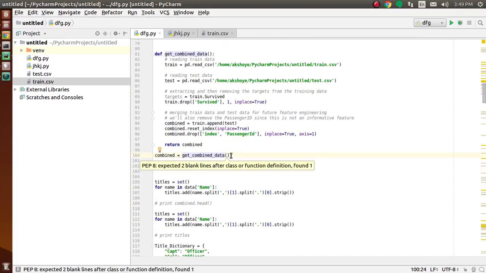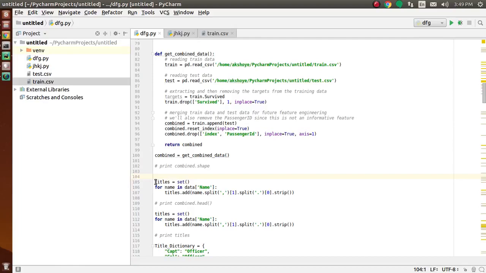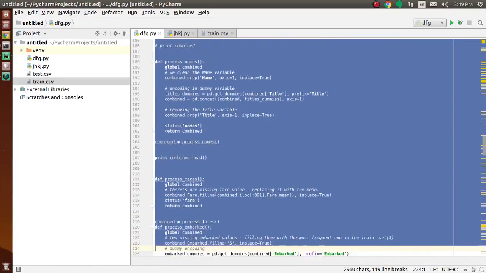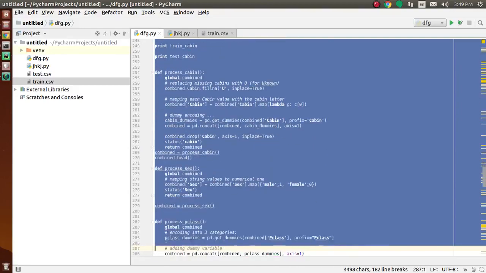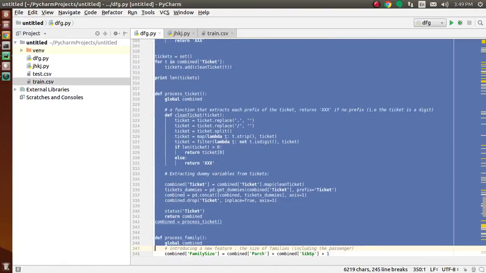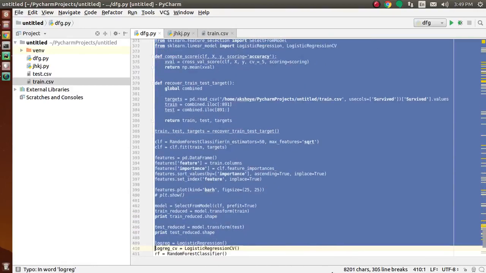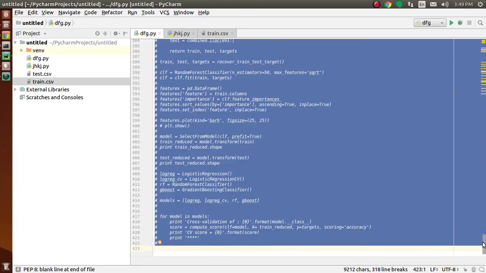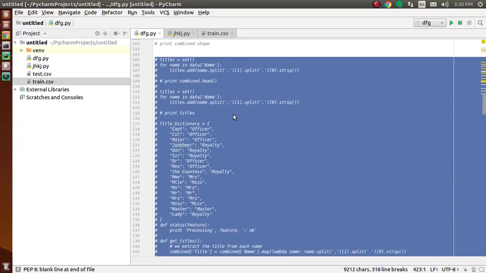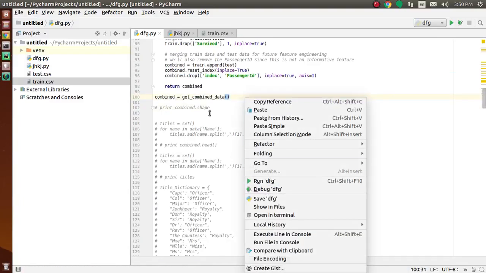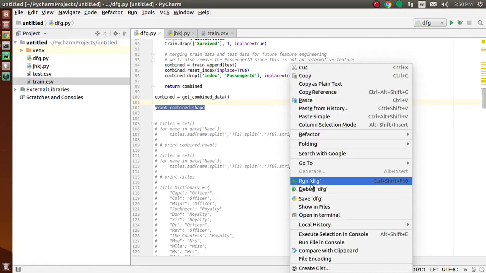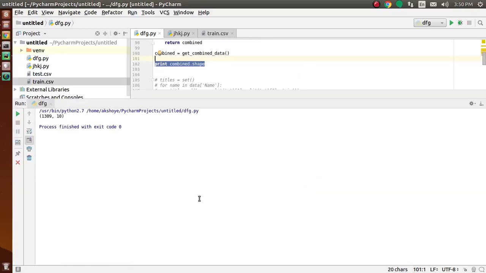So here we combine the data, and here we print the shape of the data.